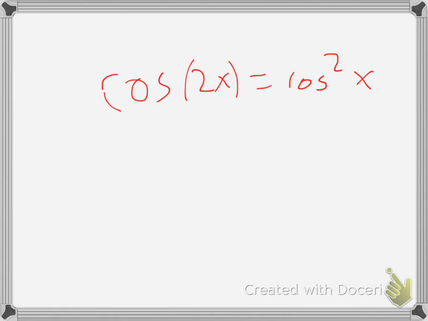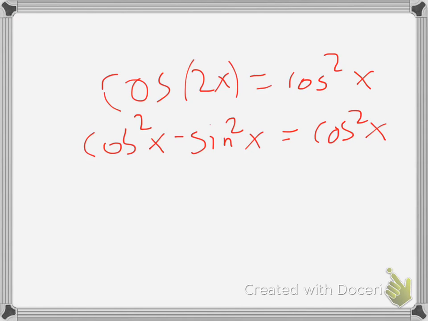Alright, so the next one, I do believe you have to use an identity. This is cosine of 2x equals cosine squared x. And probably the easiest thing to do is to change cosine of 2x using an identity to something else. And I'm going to go ahead and change it to cosine squared x minus sine squared x. Remember, those two add to 1, but cosine squared minus sine squared is cosine 2x. So I can subtract cosine squared x from both sides, and I just get this,